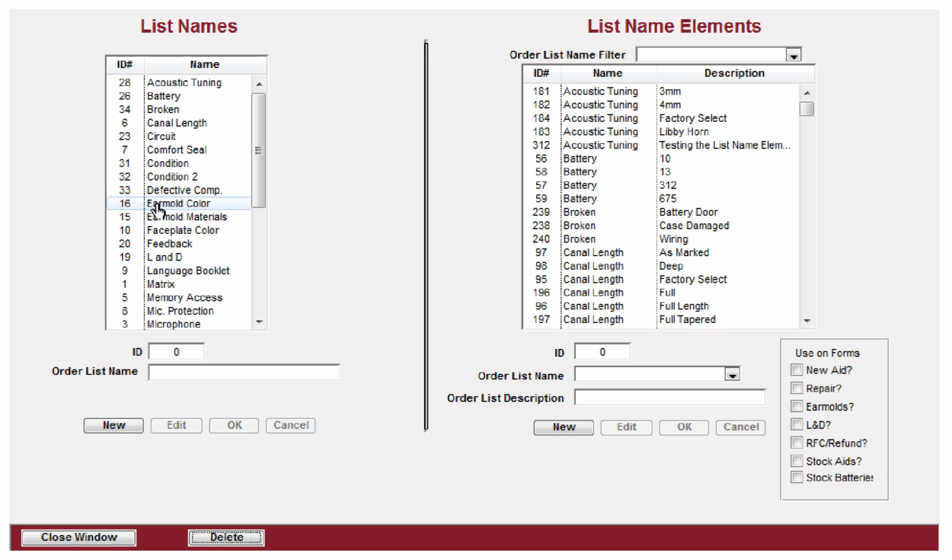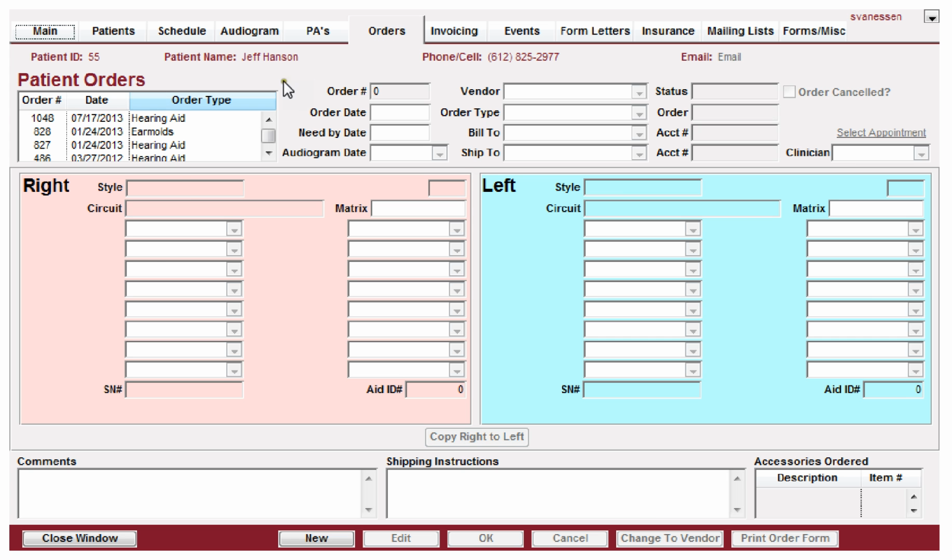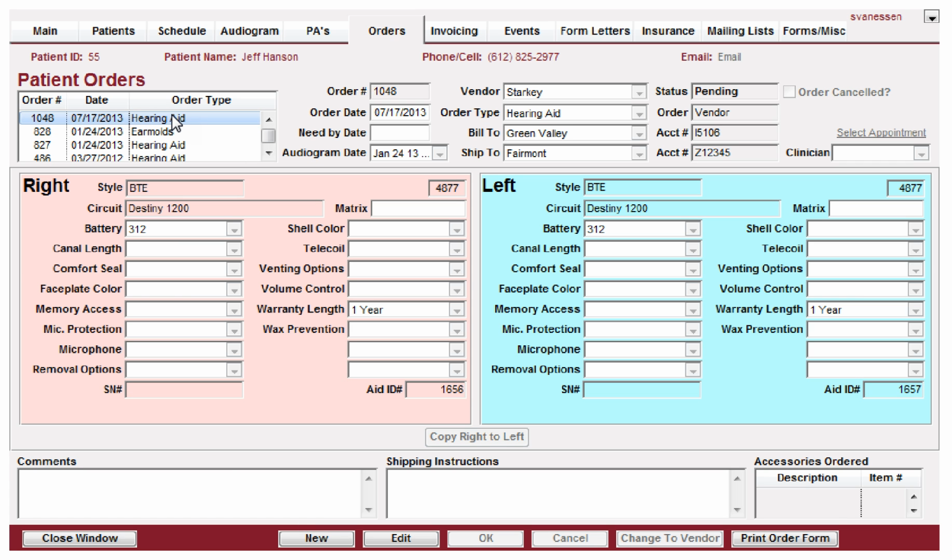Order list allows you to define, here in the orders tab. Basically what we're defining here, if I select hearing aid order,